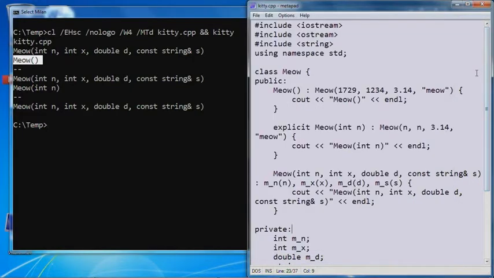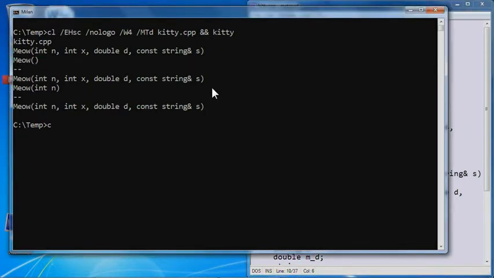I can also go more than one level. So here I could say, oh, this default constructor, I would like to call this int constructor. So I'm just going to say Meow of 17 times 29, whatever. So I'm going to have the default constructor call the int constructor, and then that one calls this other one. This is totally cool. So if I save this and compile and run,